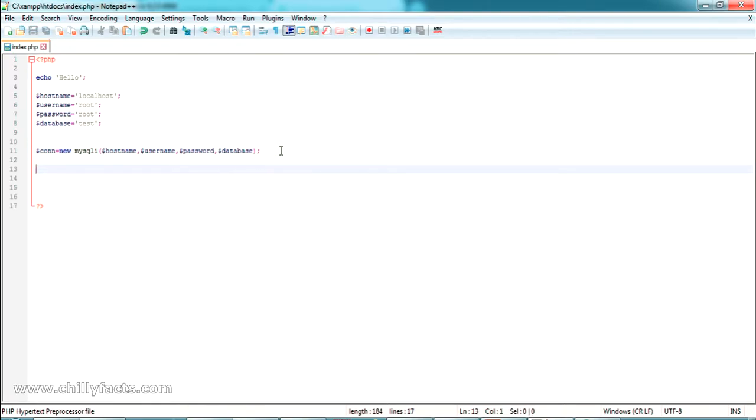So we can give an if tag to check whether the connection is successful or not. To check the connection, it is done like this. So you can check whether the connection is successful or not, like this. Okay,